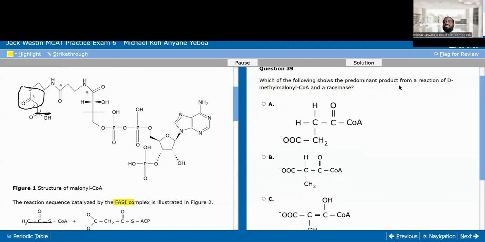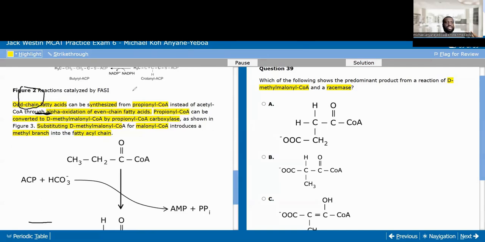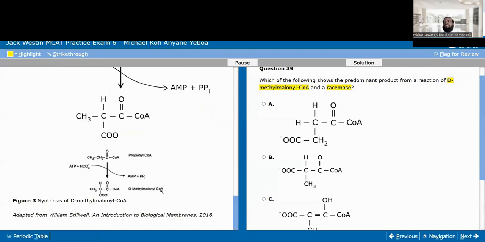Which of the following shows the predominant product from a reaction of D-methylmalonyl-CoA and a racemase? Once I see this, it's a buzzword for me: racemase. So I think basically what they're trying to ask us is, what is a racemase, or what is a racemase reaction? We know racemic reactions have to do with the mirror opposites, like enantiomers, right? So I'm thinking in my head now that, like I told you, I've not reviewed this in a while, but just by knowing what a racemic reaction is, and this is D-methylmalonyl-CoA, I'm probably looking for